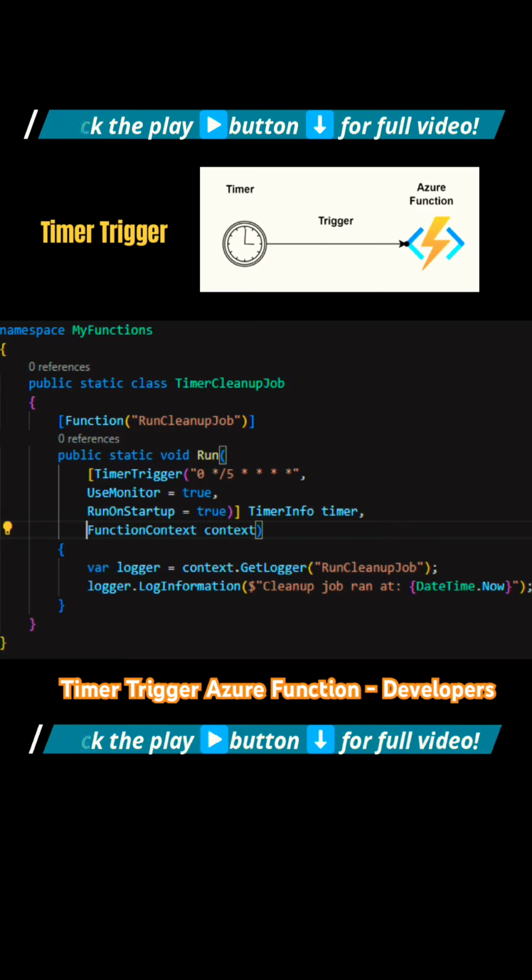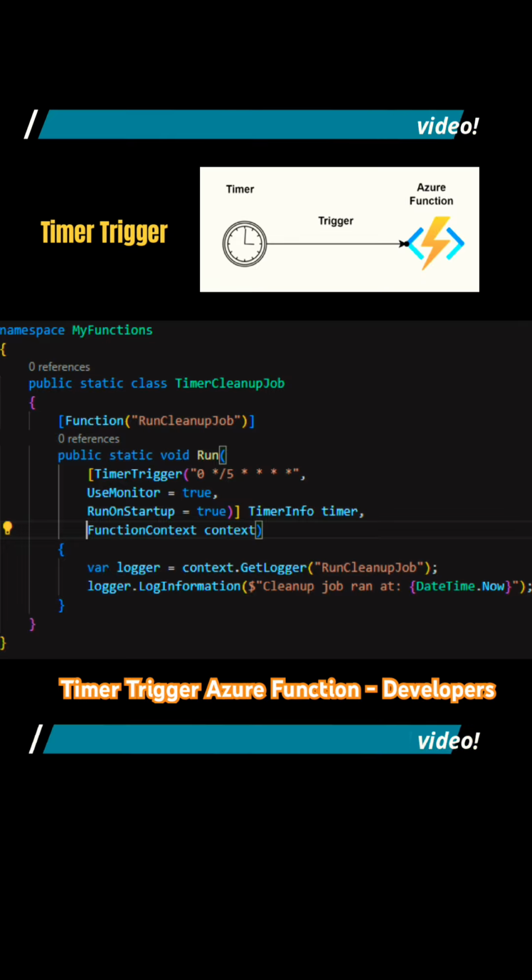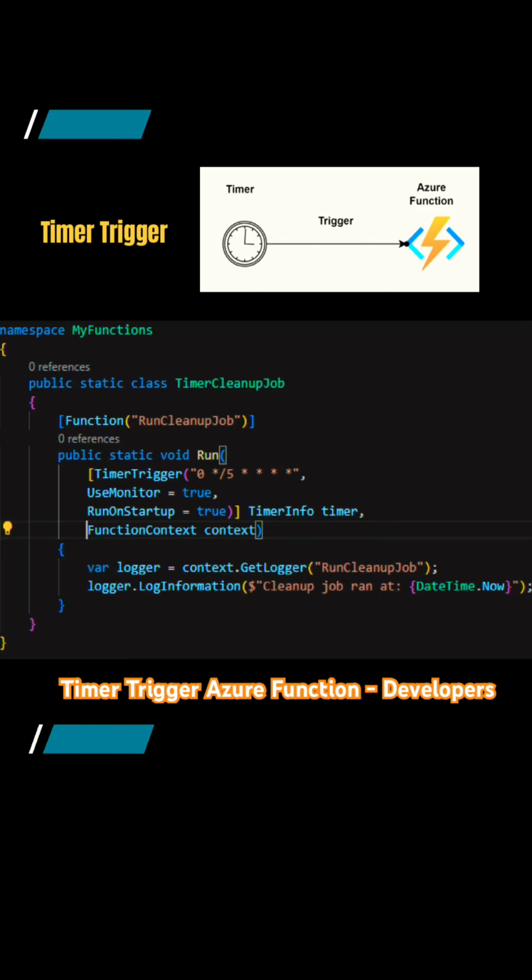And then run on startup is another parameter or property that we can set on this timer trigger, which indicates that whenever we start an Azure function, when we deploy it, or even when we are running it locally, whenever we start this timer triggered Azure function, run on startup, when it's enabled, ensures that as soon as the function is triggered and it's executing, the logic will run for the first time, irrespective of what schedule we have set in this particular cron expression. So that's what this run on startup does if it's enabled. So now if you want to visualize it,